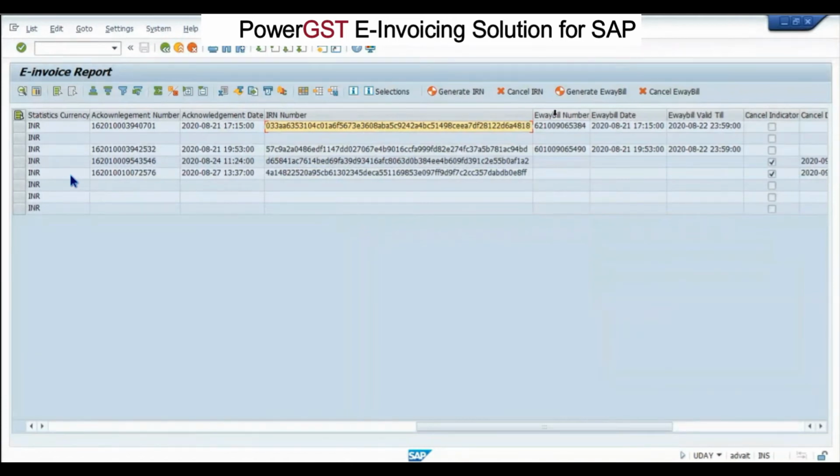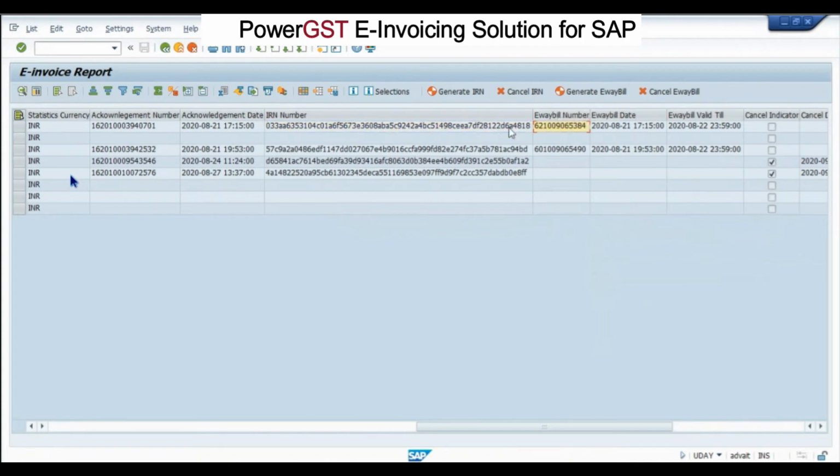And the signed QR code data will remain in a custom table in SAP, because that is a long text, right? Now, whenever you print your invoice, in that invoice printout, this IRN number and the signed QR code are mandatory. The rest of the details can be the same as whatever you are printing today, but this IRN number and QR code will be mandatory. So we will do that in your existing layout.